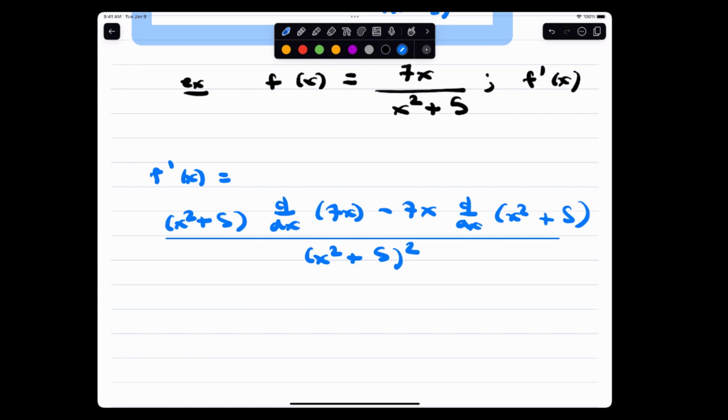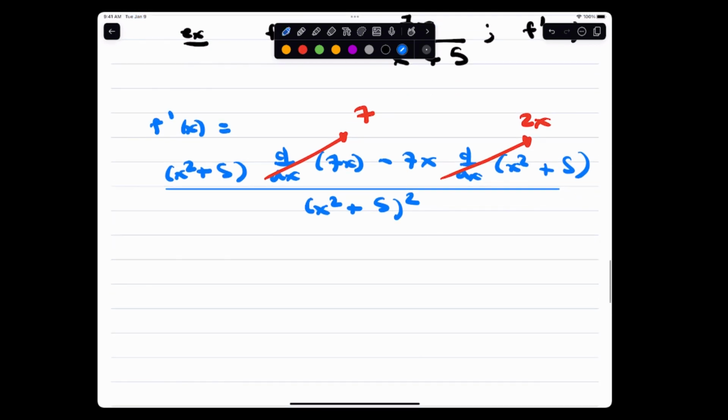And there you go. Okay, is that quotient rule? Right. So what's the derivative of 7x? Do you guys remember? 7. What's the derivative of x squared plus 5? Is that 2x? Is that true? Okay, so remember, put all of the